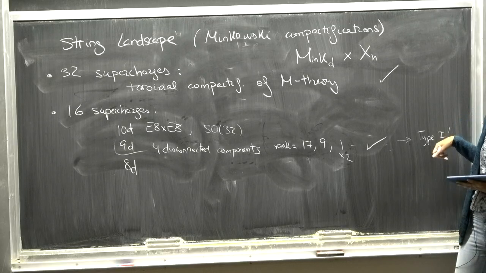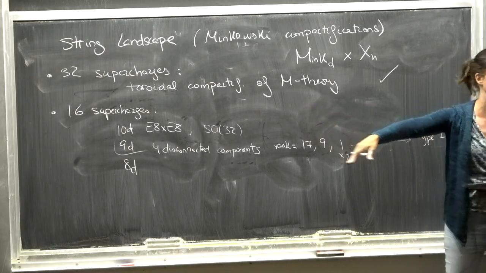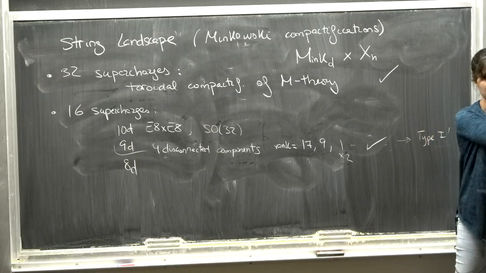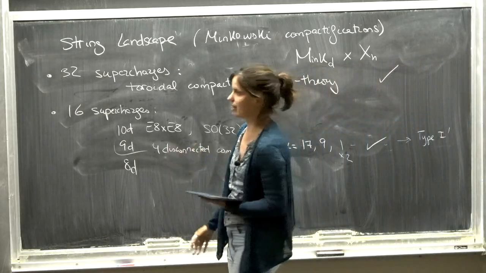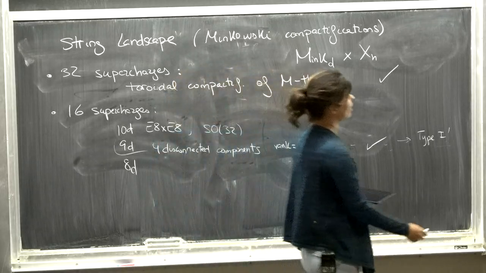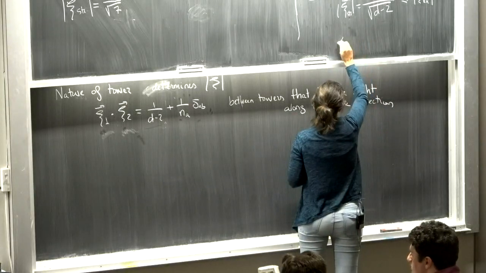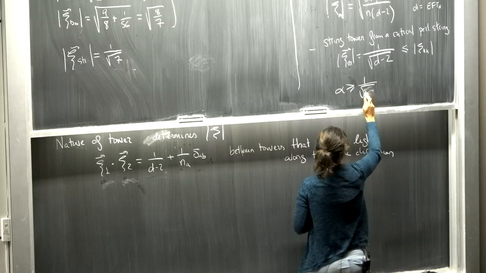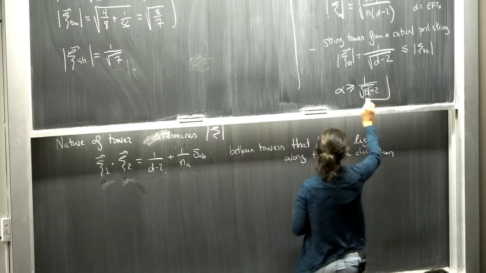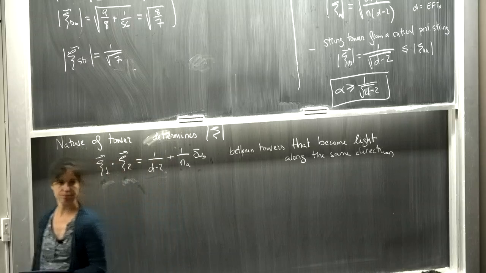In string theory, you have type 1 prime, and this has a Romans mass, and it's like a cosmological solution. There is no vacuum. And then the exponential rate changes, just for you to know. But anyway, you can check everything, and it's always satisfied. Even if the exponential rate changes, it never becomes lower than this one. So you always get that for the exponential rate of the tower, there is always some tower with an alpha bigger or equal than 1 over the square root of d minus 2.